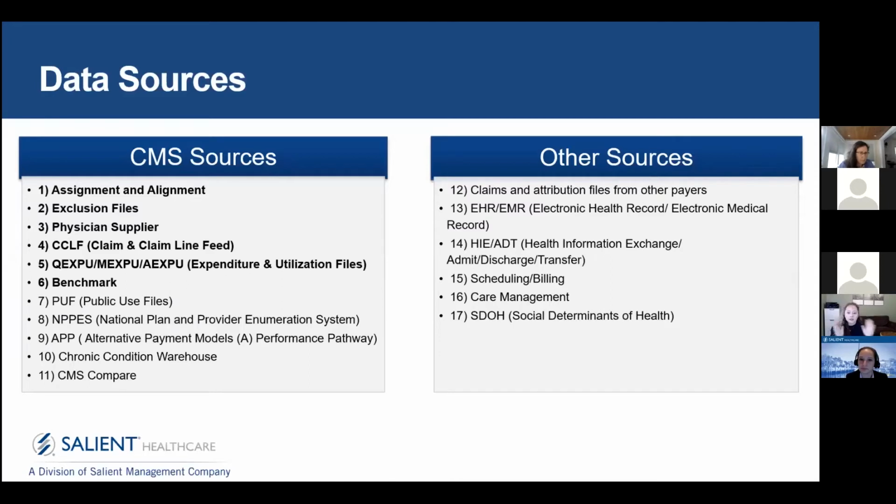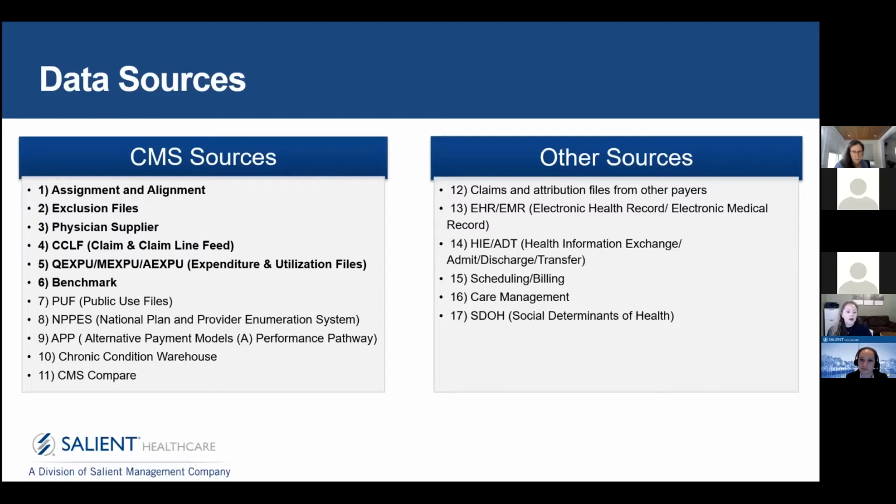On the left-hand side of your screen is a list of CMS sources. The first 6 are bolded because those are provided to you by CMS on the ACO Hub, so they're going to be available to you on a regular basis. They come in different cadences, and the ACO Spotlight will tell you when the next release is going to be. And they change all the time. For example, on the attribution files, we now have a new tab that tells you about COVID episodes and which patients are a part of that COVID episode,